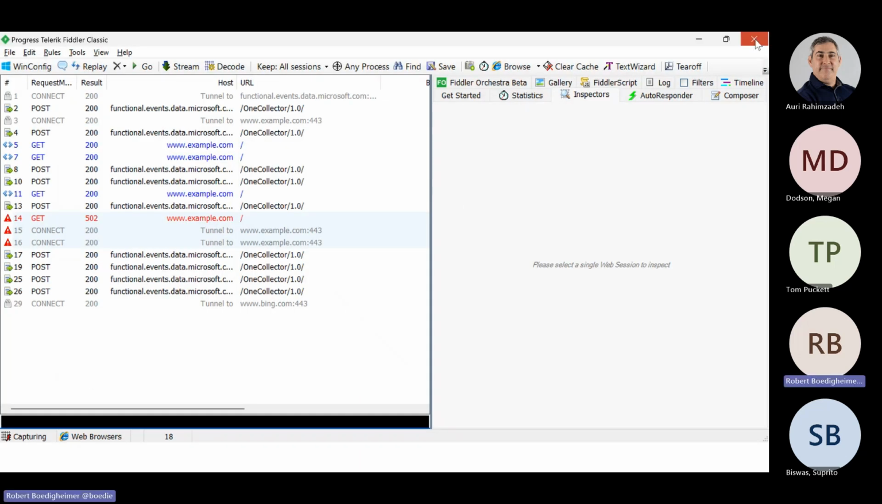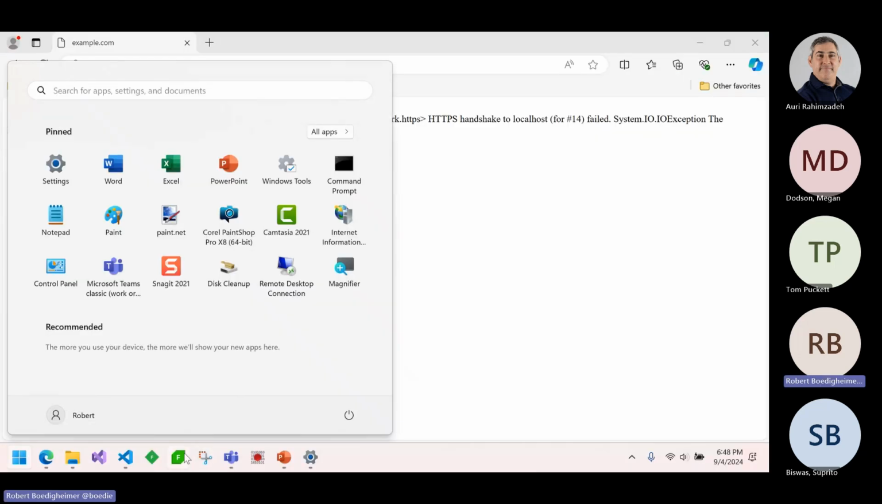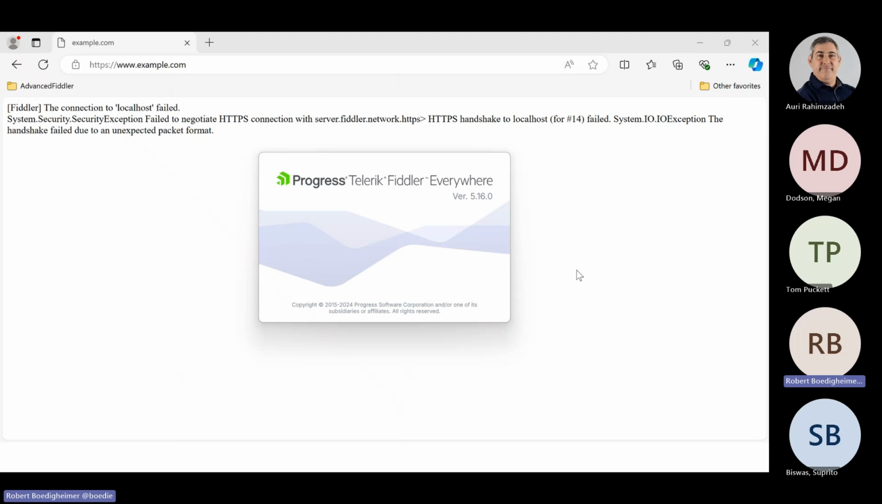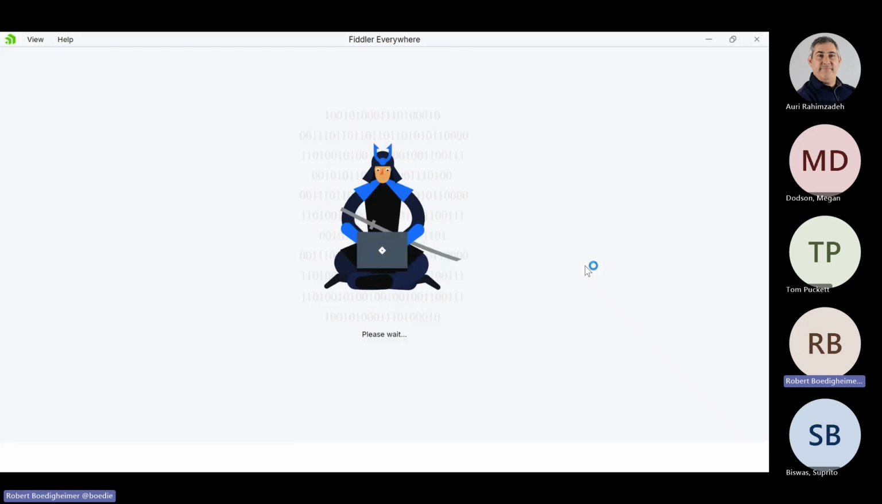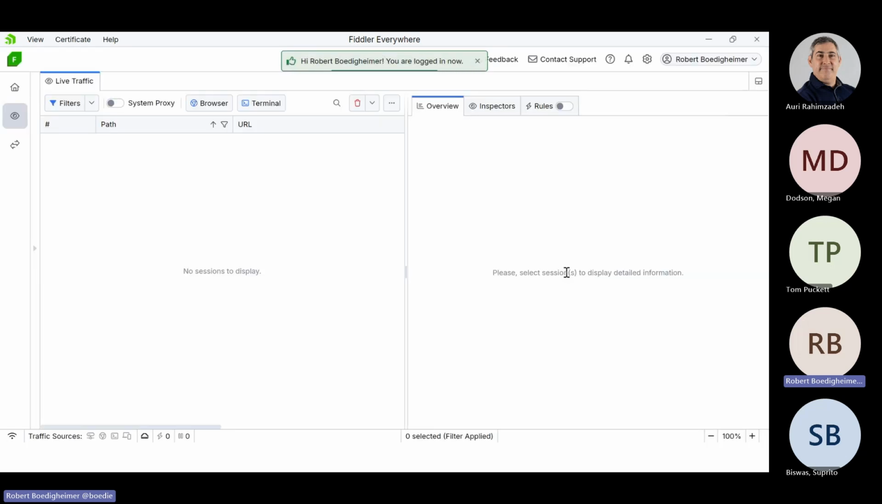So I'm going to see if I have any luck with, because I had the problem earlier. I just want to show you roughly how the UI looks. Most of the things we talked about are possible in Everywhere. It is a subscription service. That's the other difference. So if I come in here, one of the features I like, I can set up